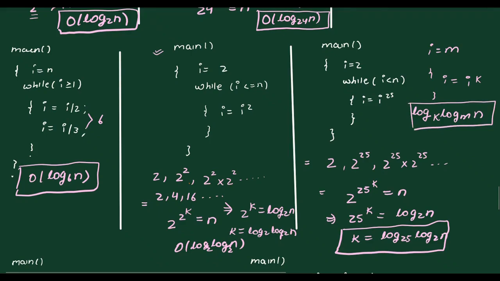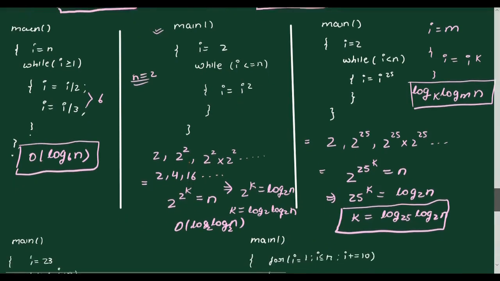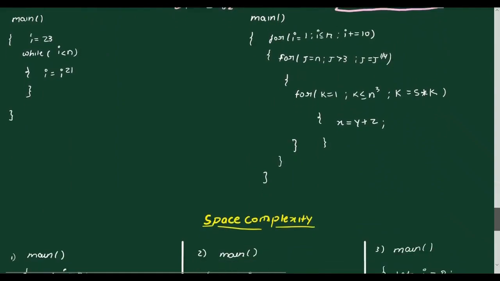Again, you don't need to remember these formulas. You can analyze the problem and you can get the answer. In case you are confused sometimes, you can use the value putting method as well. For example, you can take some n equals 2 and try to eliminate the options which are not matching, and so on. Let's see some more examples.